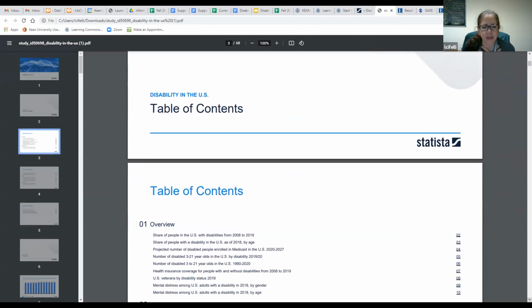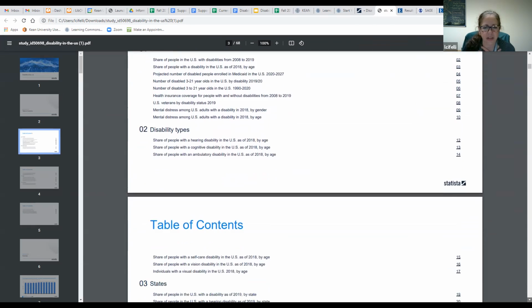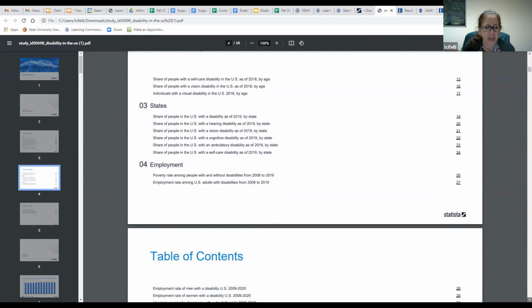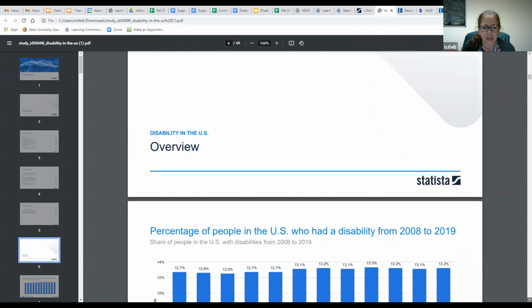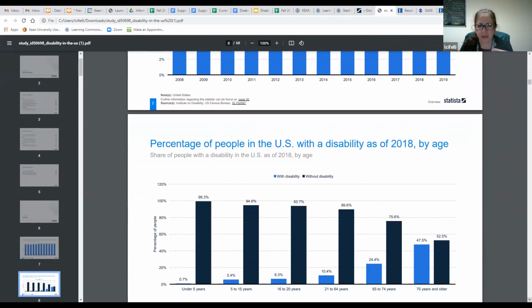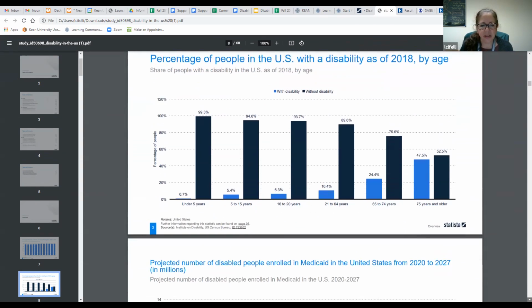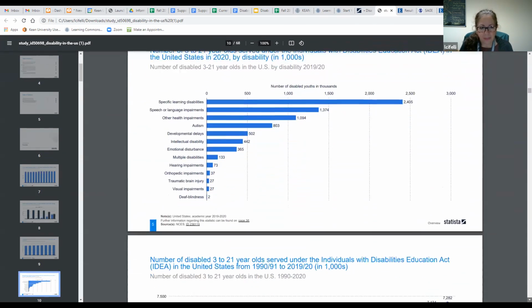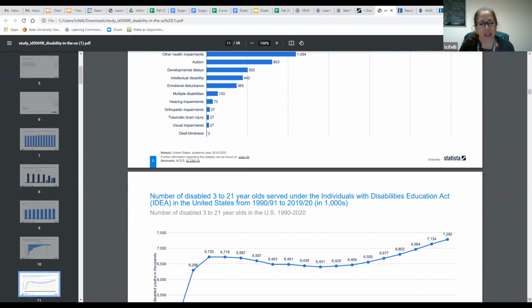So embedded within this report are going to be a lot of statistics and different tables. So it's a great way to get an overview of the topic and maybe to focus on some specific things related to disability in the US. It's very visual, and it's also a very long document. If you go back to the result list,